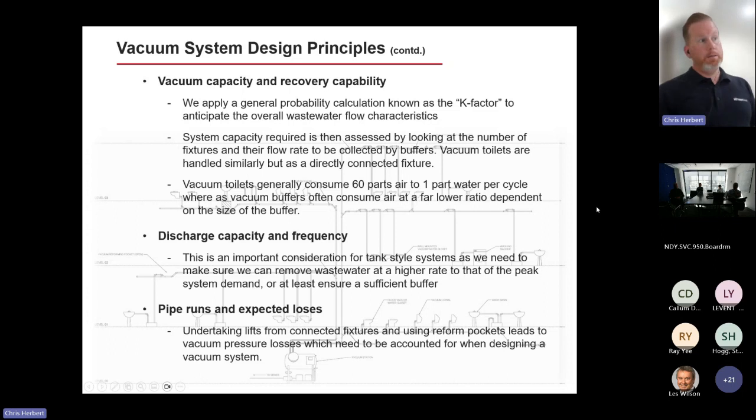Next, we're going to want to look at the vacuum capacity. How much vacuum really do we need? You'd be familiar with the K factor or the reduction factors for potable water flows, and we do the same thing with vacuum systems as well. And what are those overall wastewater flow characteristics? How do we design a system that is going to be